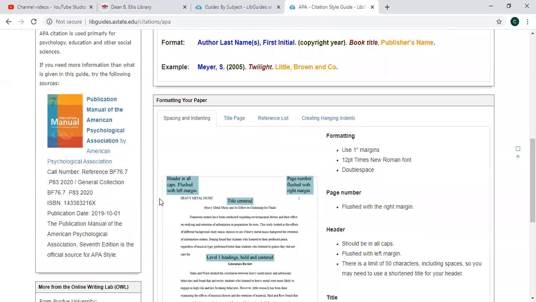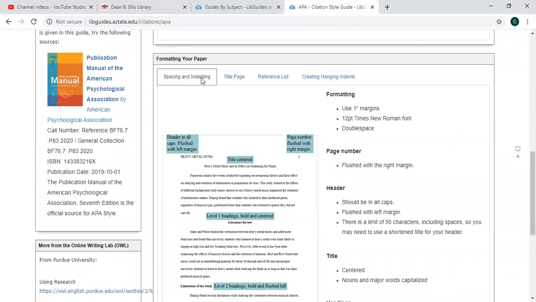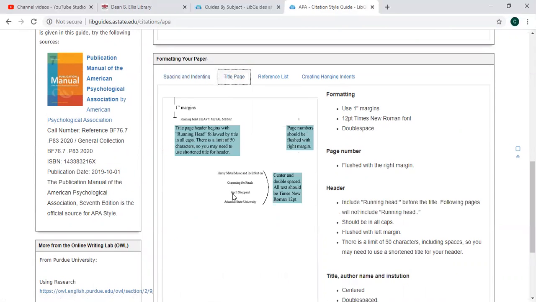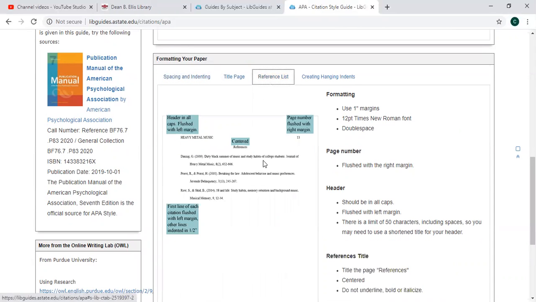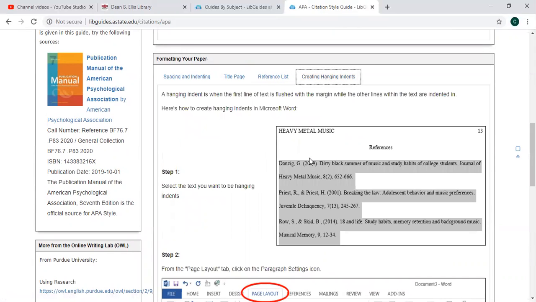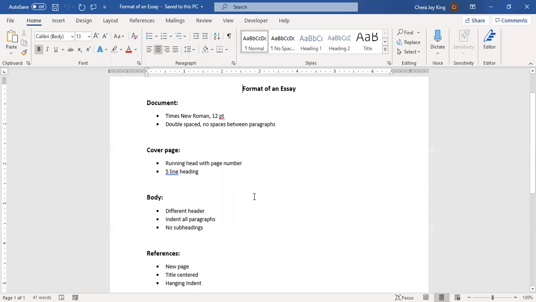And down here at the very bottom, they talk about formatting your paper. So they cover the title page and what it should look like, what the body of the essay should look like, and the reference page. And if you're having trouble with the hanging indent on the references page, they have a tab just for that. But I think that a good way to go through this is just to look at an essay. So I have a sample student essay. I'm going to quickly go through these things and correct the format on this student essay